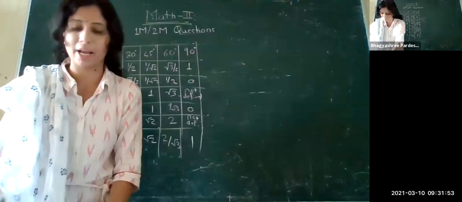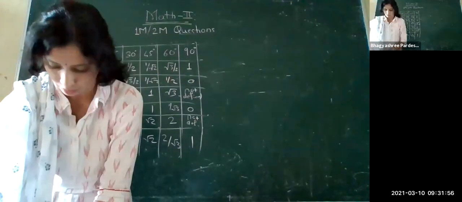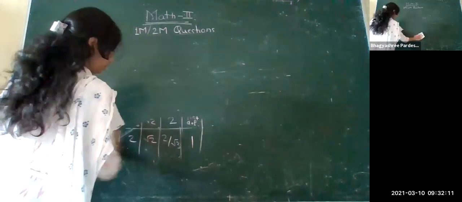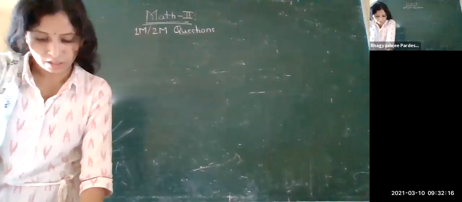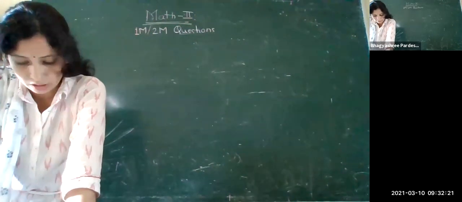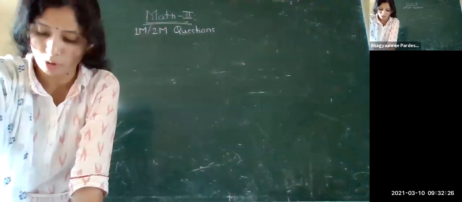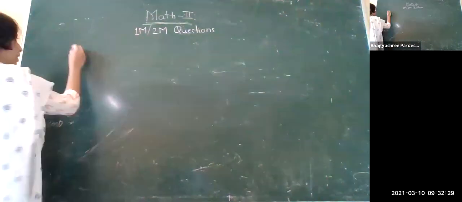So we are going to see a few questions now. Let's see a few questions. One of the questions is given to us. What triangle is given to us? In that triangle, one angle is given to us, 90 degrees. The length of the hypotenuse is given to us, and we have to find the sum of the squares of the remaining two sides. The question is something like this.